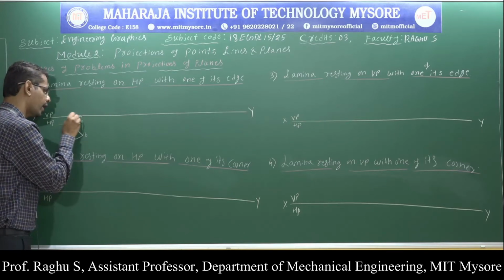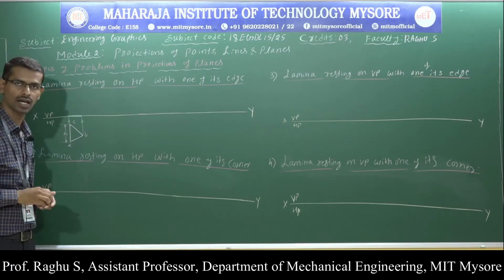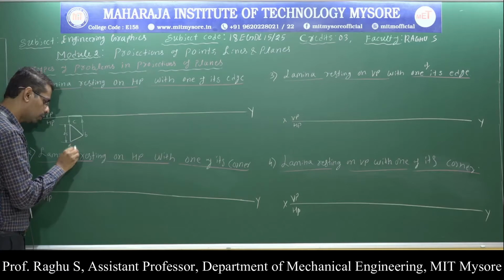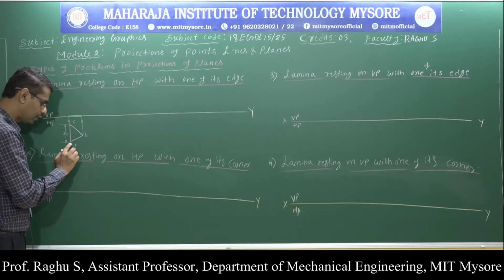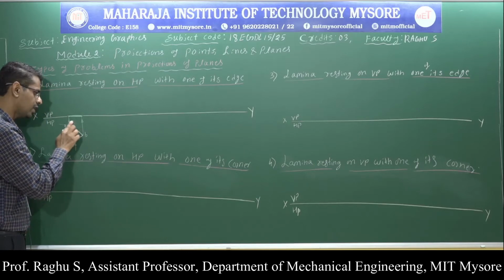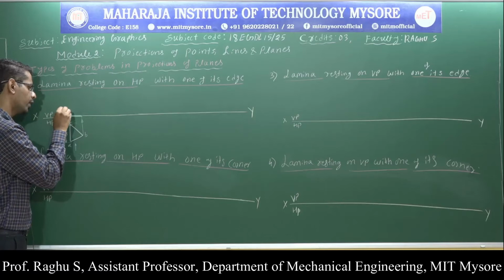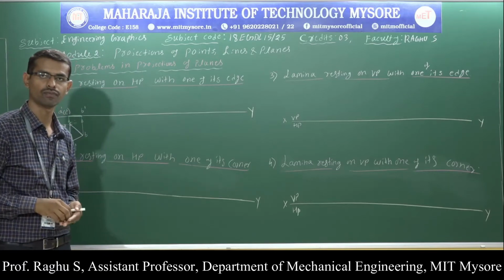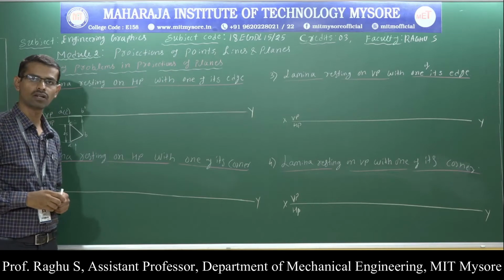So this is the front view of the triangle lamina. Now, naming. When you look at the object from the front, point A is visible, B is visible, C is invisible. This is point C. Therefore, the front view is indicated by A dash, C dash and B dash. So the front view is a straight line. So this is all about the triangular lamina.